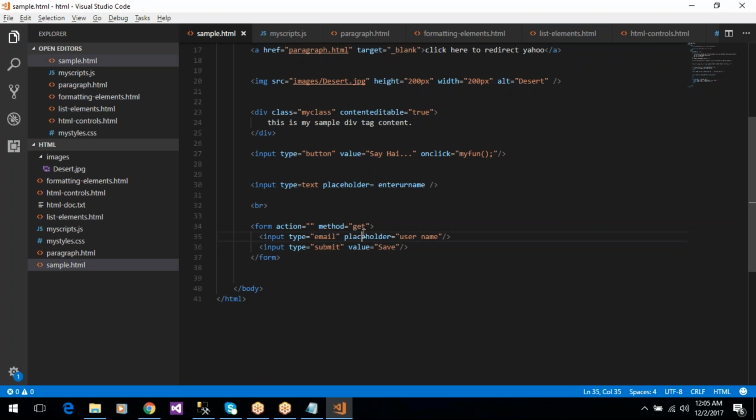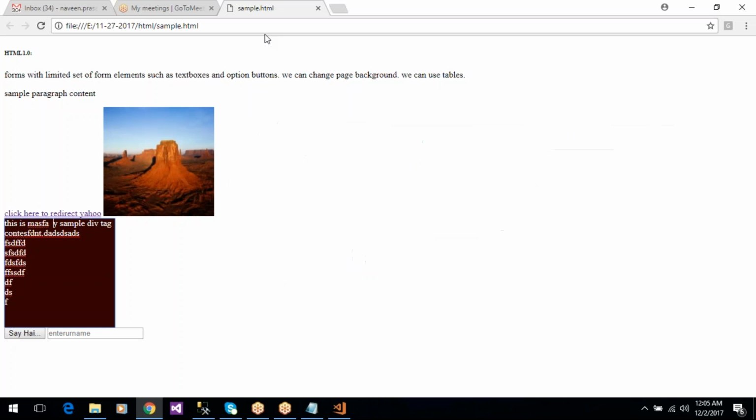So now we can run this example. Without entering any value in this text box, when you click on save button, it will ask please enter email format in the text box. So here user text box is there. So click on